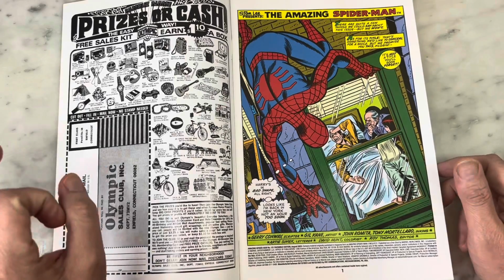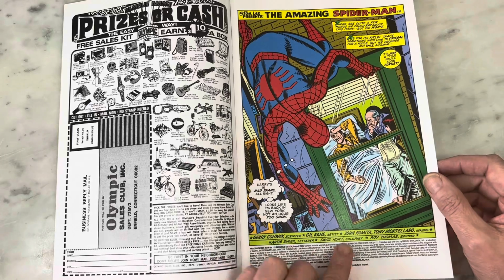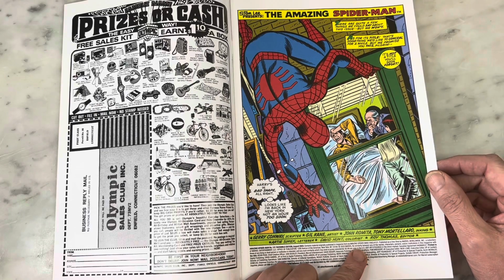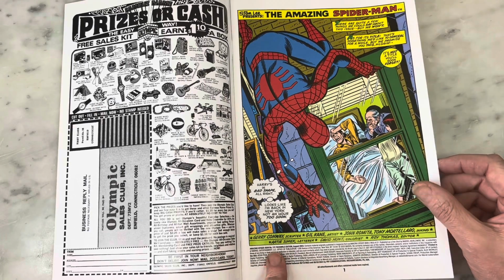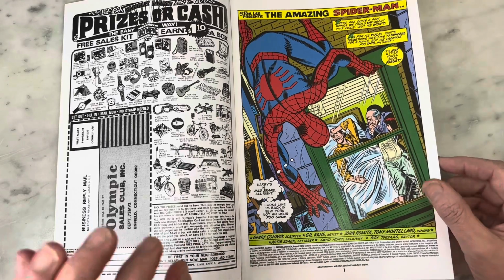I love Gil Kane so much. He is one of my favorite comic book artists. Inked by Romita and Tony Mortellaro. Artie Simek letterer, and Dave Hunt colorist. It's nice to see the colorist